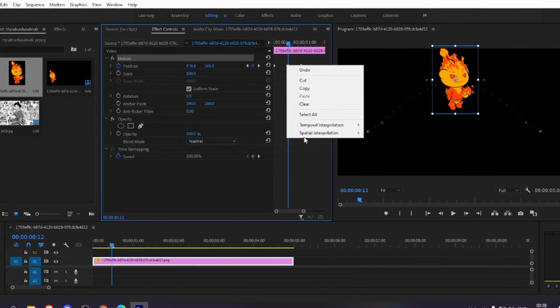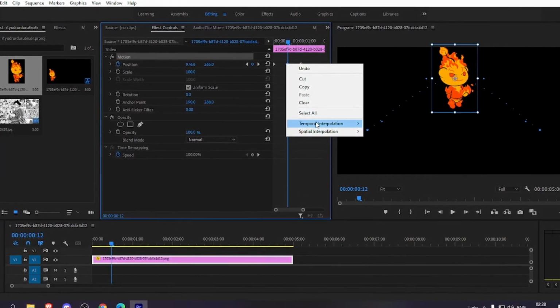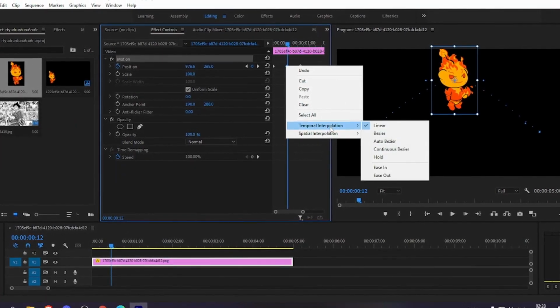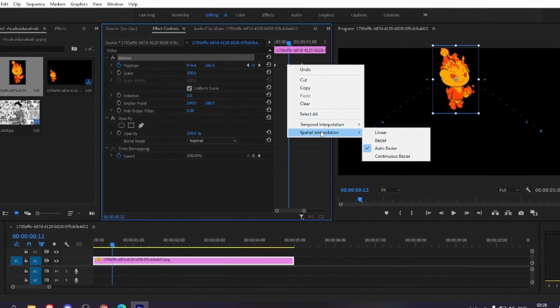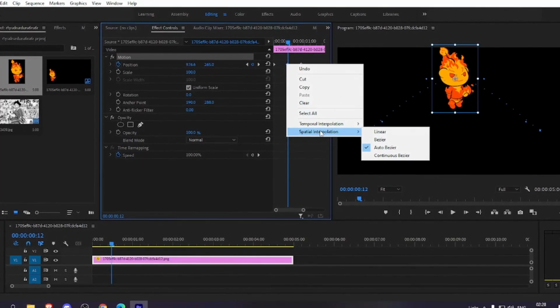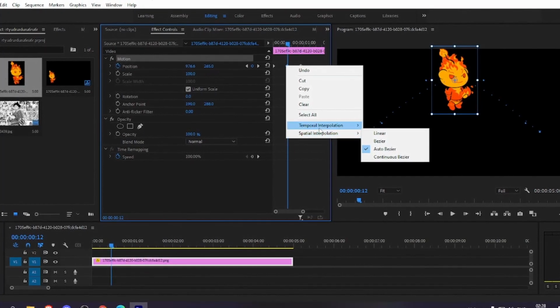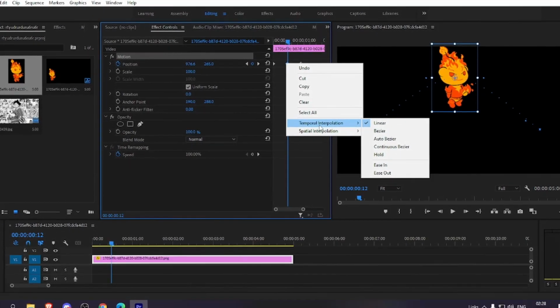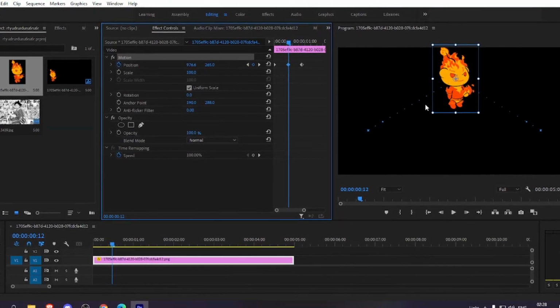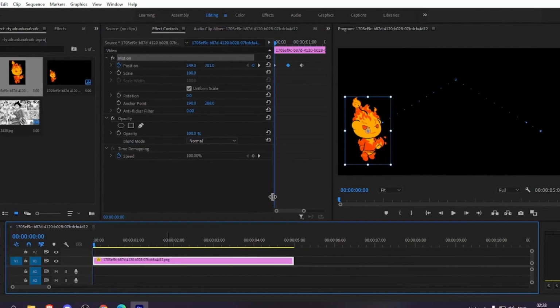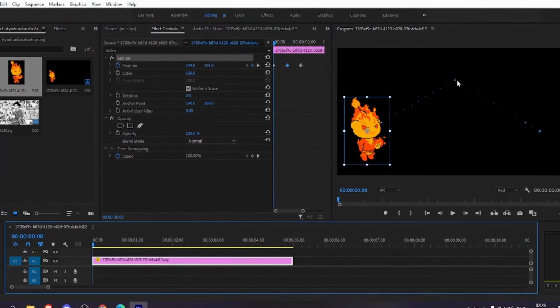Because right click on this, there are two things right here: temporal and spatial. A spatial handles the things like the curves and things, and the temporal handles the time and speed. So in spatial, if you keep it on linear, it's gonna be really hard,